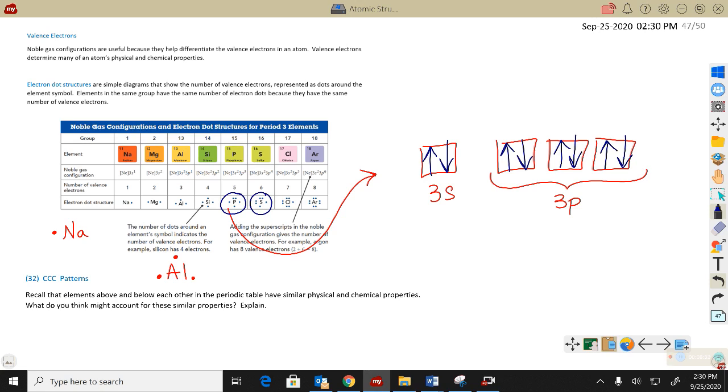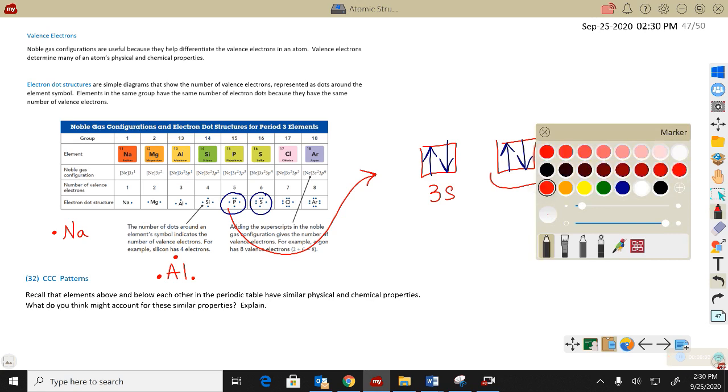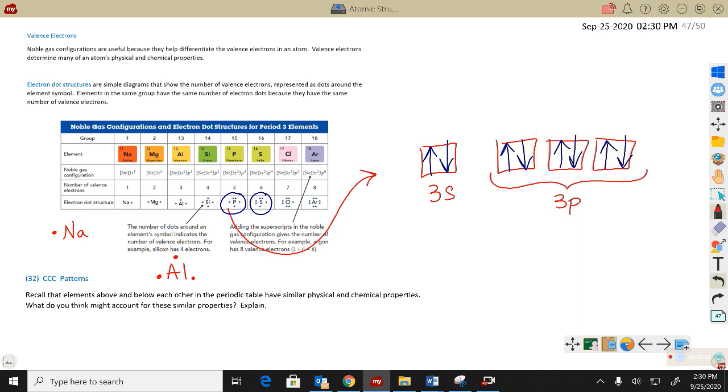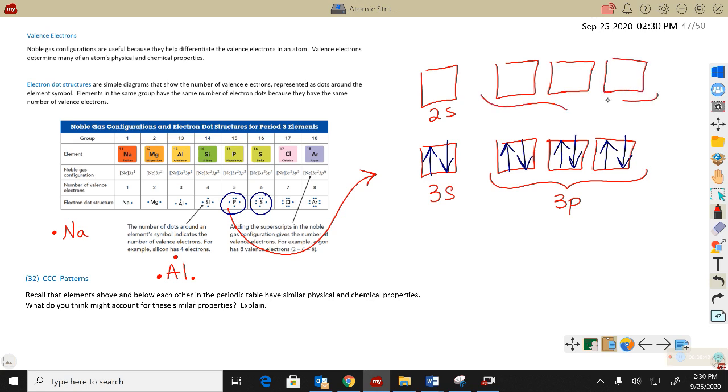So here was my orbital diagram for the 3s and the 3p electrons. What if I did the 2s and these are the 2p's? What if these are all the 2p orbitals? So what if I were looking at the second row across the periodic table,